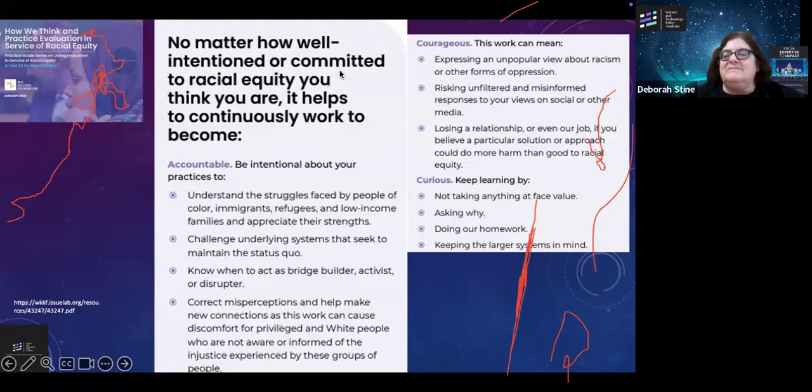It's important to be courageous because sometimes you do have to express, based on the data, unpopular views. It's this kind of speaking truth to power thing, which can make things challenging sometimes. And you always want to be curious. So the best thing you can do when somebody talks to you and the position is not something with which you agree or you think the data agrees, is to ask why, to instead of confronting, be curious.